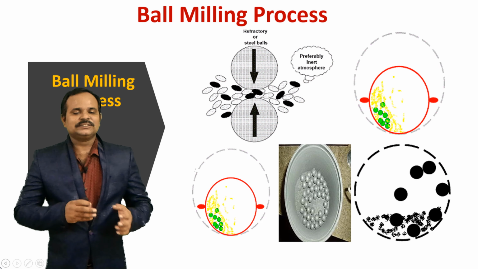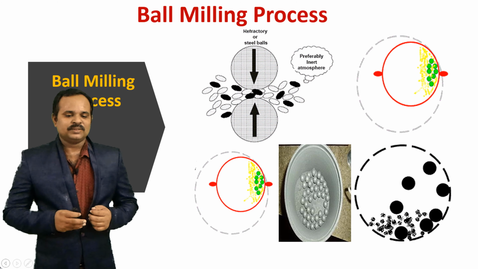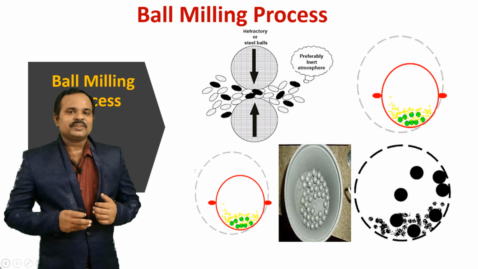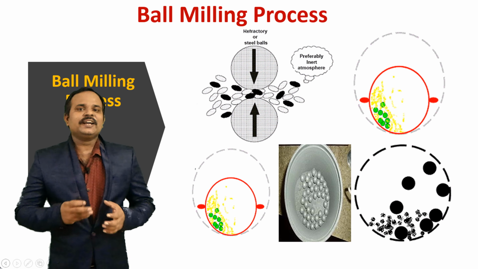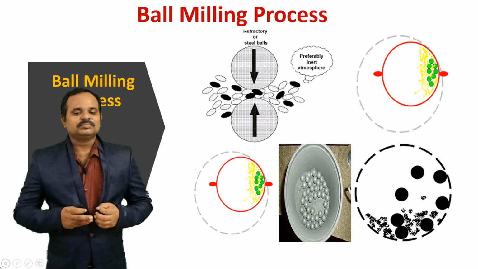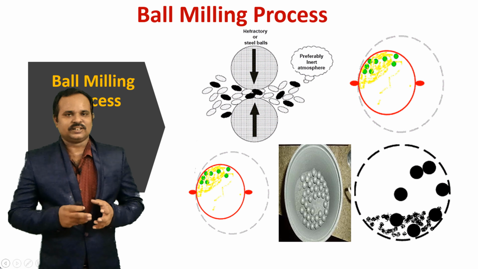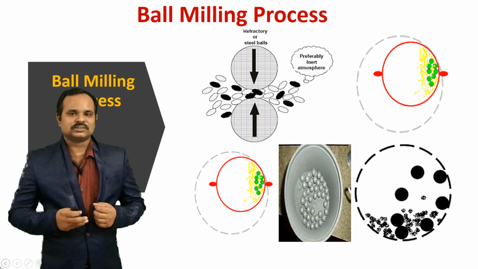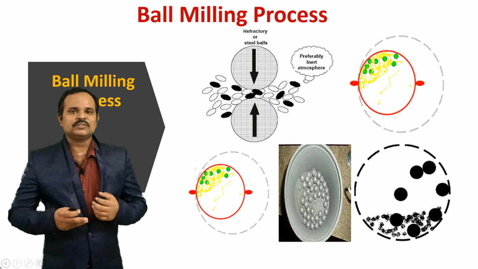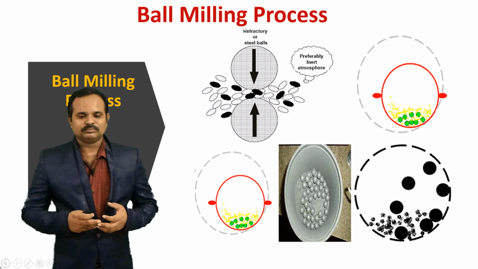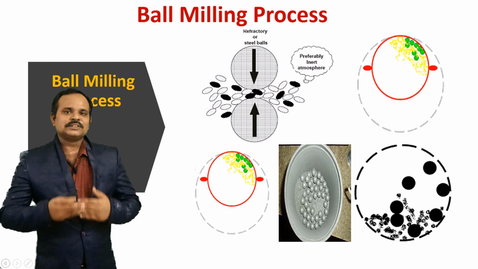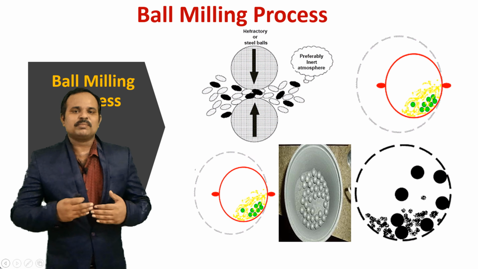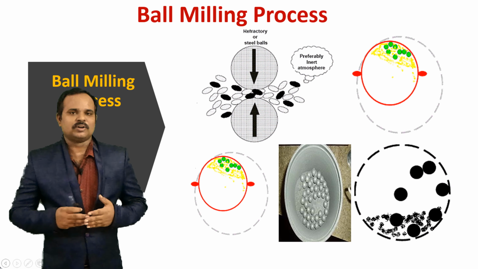Let's see briefly about ball milling. You can see in the picture the ball milling setup. We take the material in powder form and put it into the container, the chamber. The chamber contains a large number of balls which are rotating continuously with some frequency. Because of the rotating balls, the material will be crushed between the balls and forms into a nanoform.